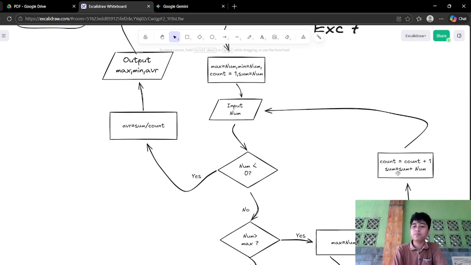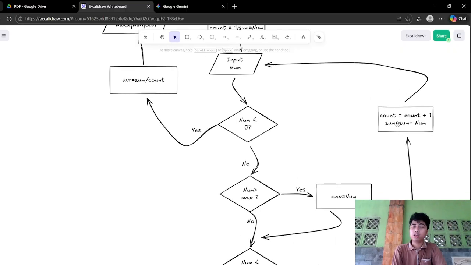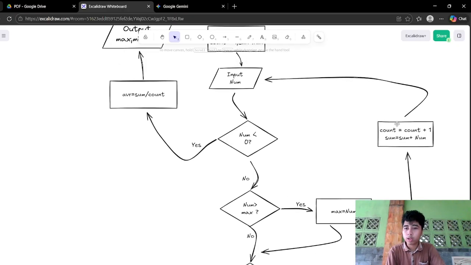We continue to here. Then after that, the count will be set as count plus 1, and the sum will be set as sum plus number. After that, back to input number again and continue until the done condition is fulfilled.